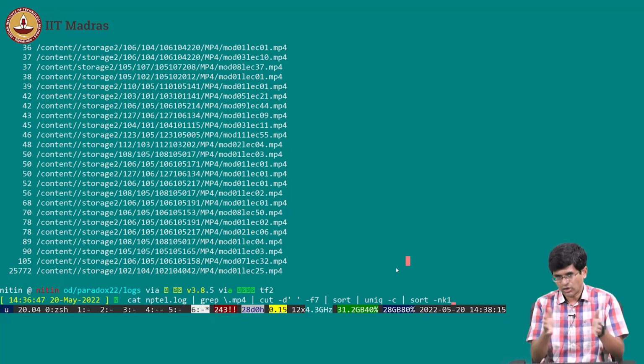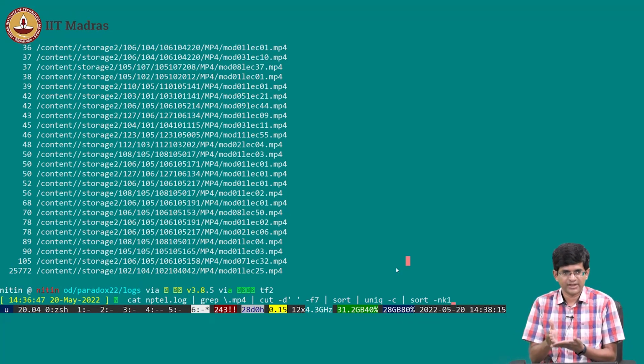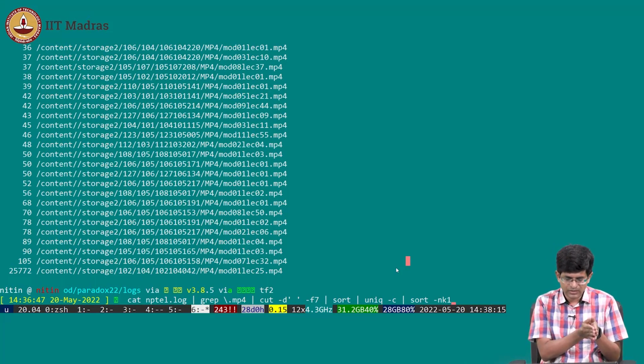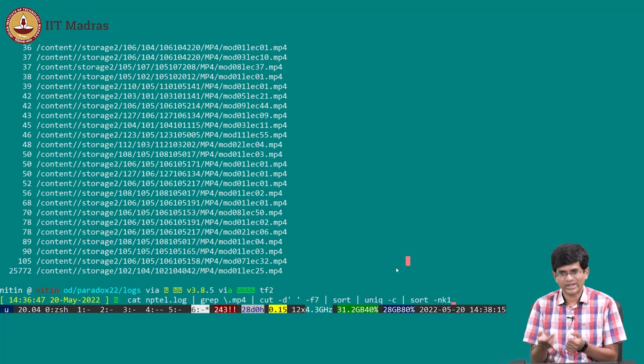Now, depending on whether your system was a multi-processor system or a single processor system, in either case, the operating system is multitasking, meaning that it's basically slicing time very finely, giving 10 milliseconds to one program, 10 milliseconds to the next, and so on, right, or some small amount of time. So the moment you have some output from grep, it will feed it into cut, and so on. But now look at sort. Sort doesn't work that way. Sort needs the full input before it can start generating output. So the moment you hit sort, the unique and the sort after that are stuck over there, waiting, okay.